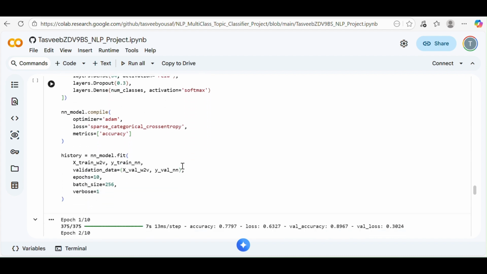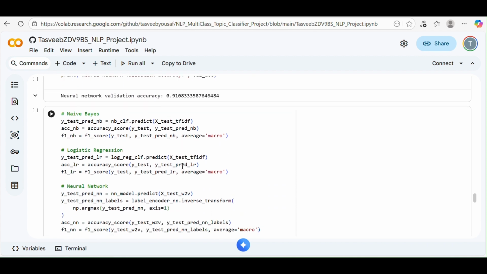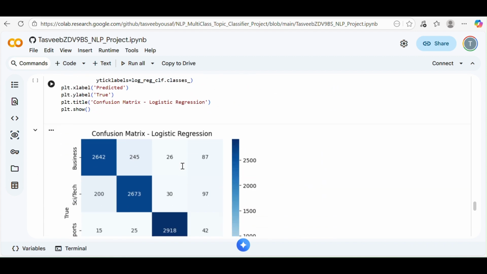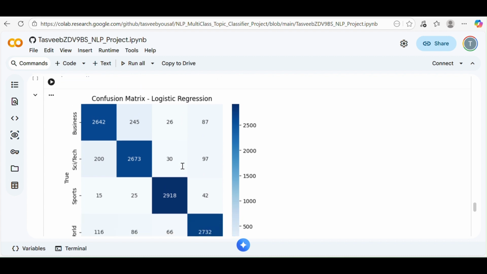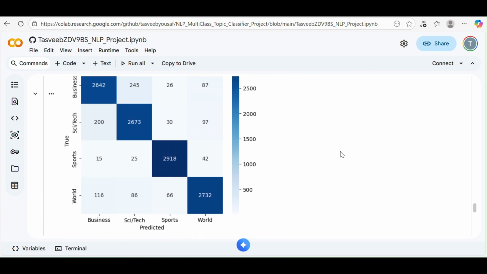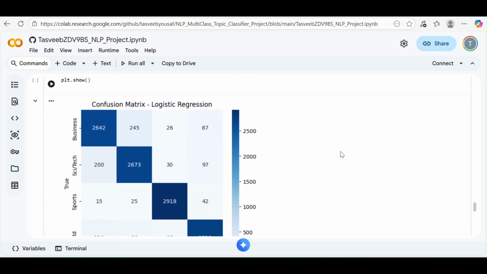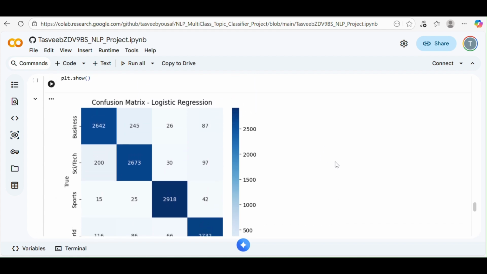To interpret the results, I built a small table summarizing accuracy and macro F1 scores for all three models. I also put confusion matrices for at least the best model.